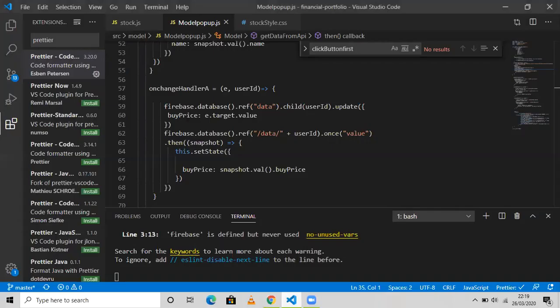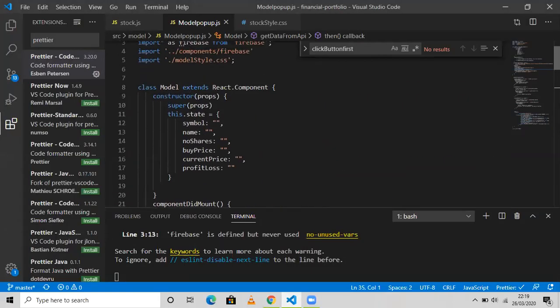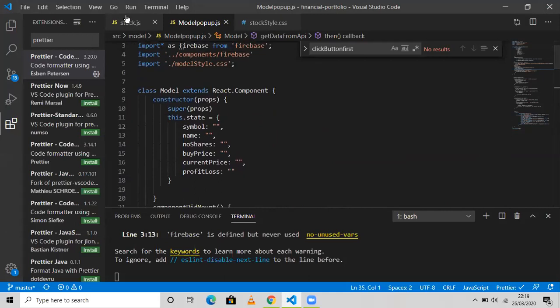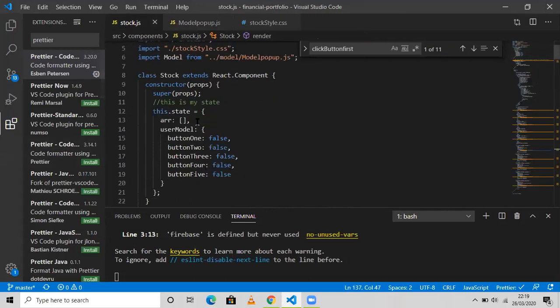Like you're changing the state. Yes. What I did was I just took an empty array and